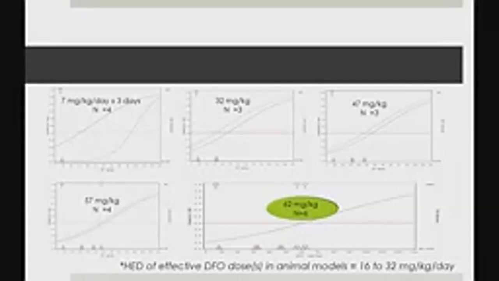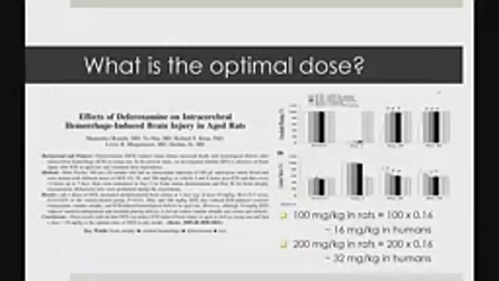The reason we stopped is not because we saw any toxicity or side effects from the drug. We stopped because the package insert and the FDA do not allow you to give more than 6,000 milligram per day. And our patients tend to be overweight, and we were starting to hit this target. So now we figured out it's feasible to do it, it's safe to do it, we know how much we can give. The next question was,